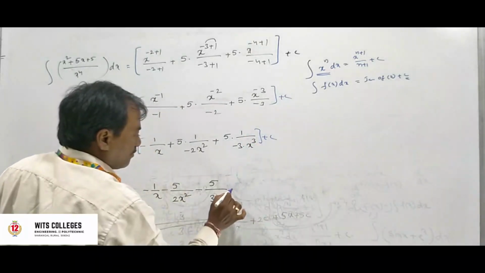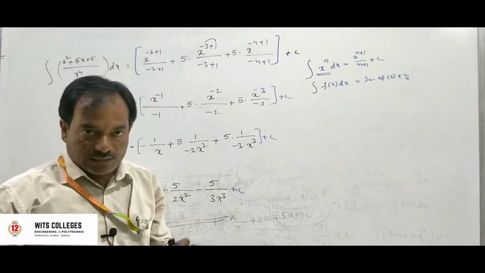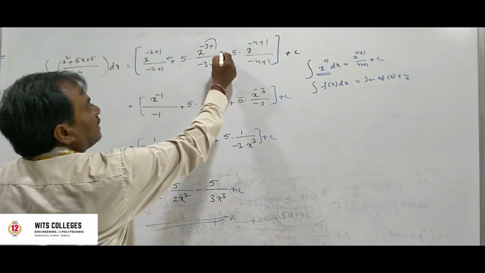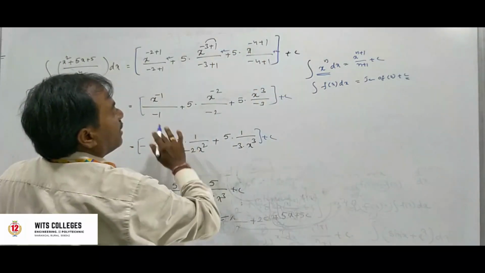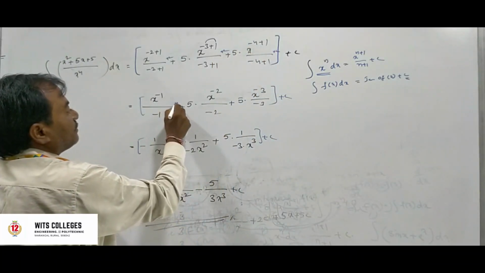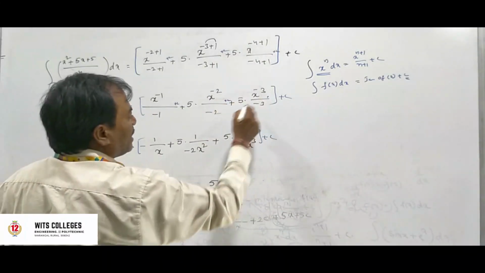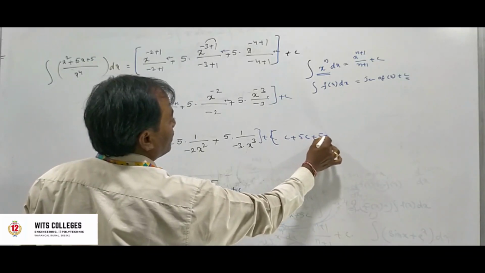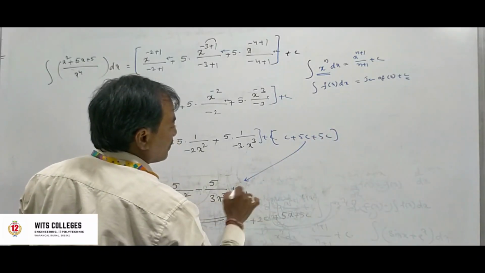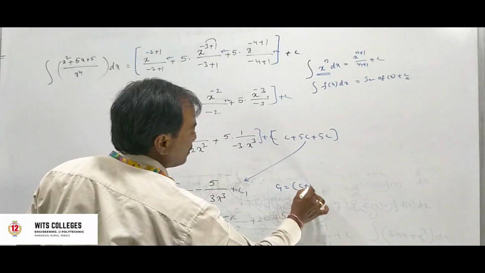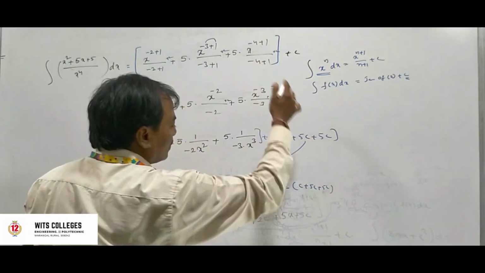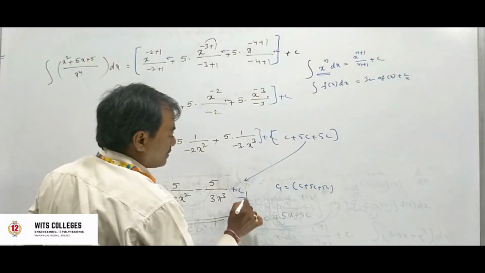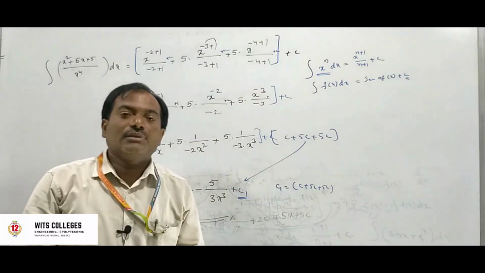So finally plus c. One integration is given, so actually here we write this integral plus c, this integral plus c, this integral plus c, and finally plus c. Plus c means we get here c plus 5c plus 5c. So finally we write this equal to c1, where c1 equals c plus 5c plus 5c. This is all. In order to find the solution of this type of integrals, we write plus c. So this is the solution of the given integration.